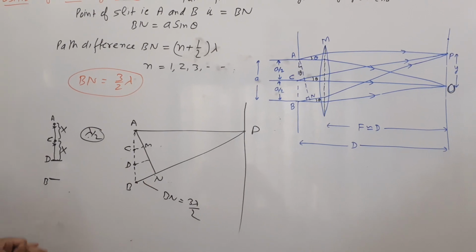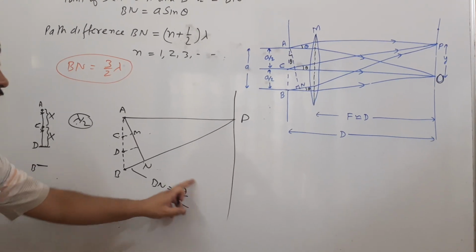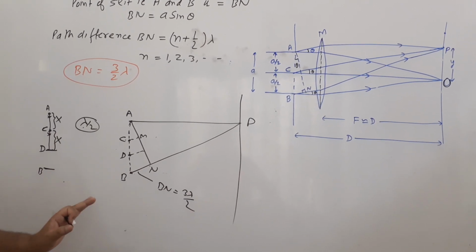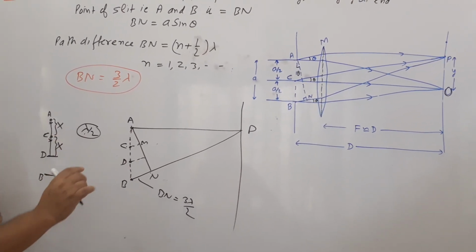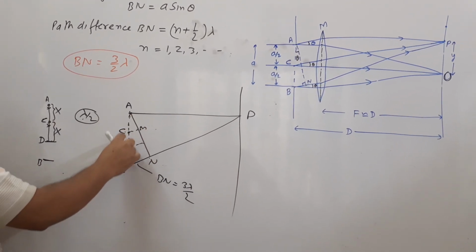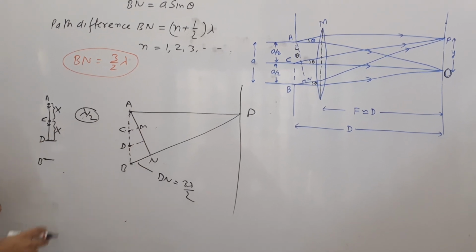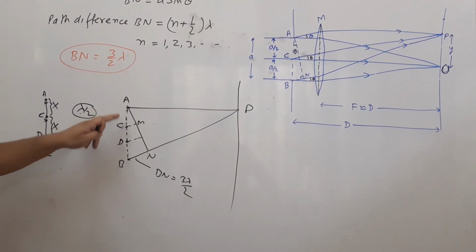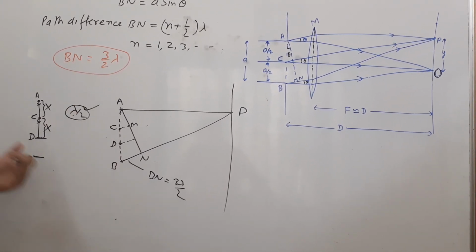यहाँ पर ध्यान से देखिए, end point rays, path difference is 3 lambda by 2. I have divided the total part AB in 3 parts, 3 equal parts. So one is AC, CD and DB. If you see the corresponding part of A and C, path difference of rays coming out from A and C, तो they have path difference कितना होगा बेटा, lambda by 2.